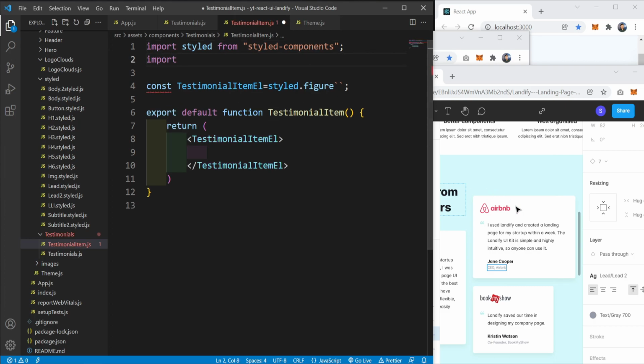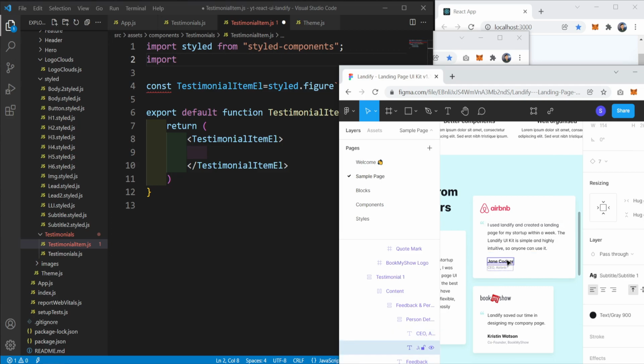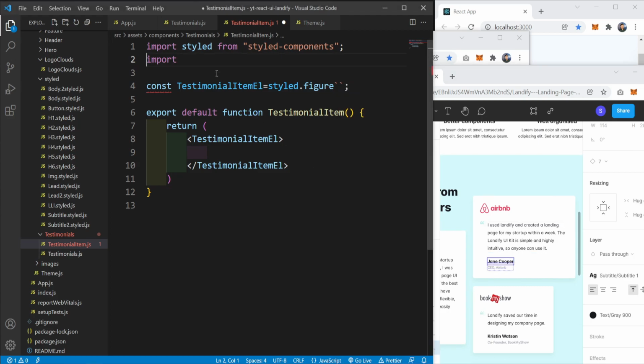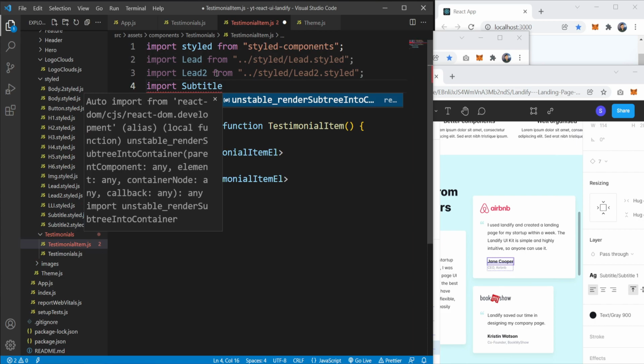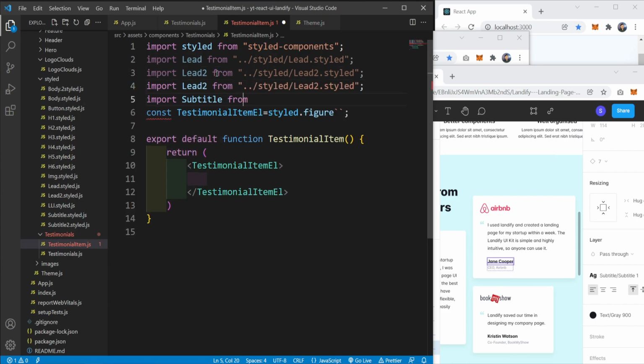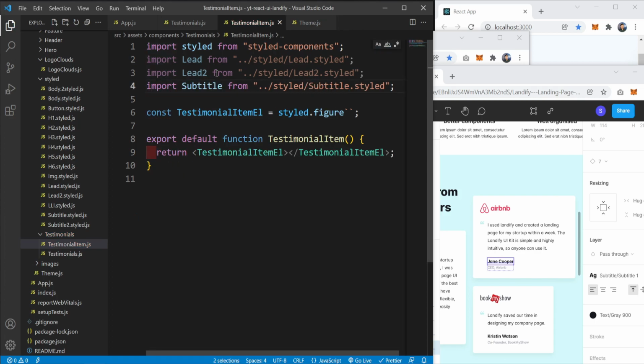Lead 2. Let me see, this was lead 1, subtitle lead 2, lead 1, import lead 2, import sub title. Okay, we don't get that, so I'll copy this, come over here, and we import the subtitle just like that. And after that we need the content here,